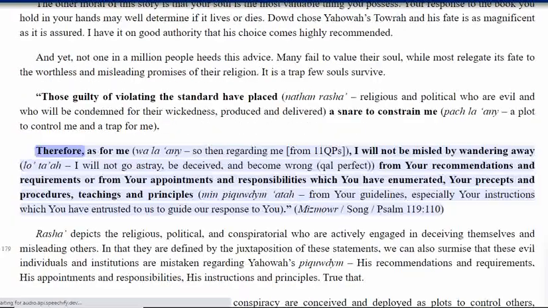a trap for me. Therefore, as for me, Wala Eni, so then regarding me, from 11 QPS, I will not be misled by wandering away, Lo Tah, I will not go astray, be deceived, and become wrong, Cal perfect, from your recommendations and requirements or from your appointments and responsibilities which you have enumerated, your precepts and procedures, teachings and principles, Min Piquimata, from your guidelines, especially your instructions which you have entrusted to us to guide our response to you. Mizmowr, Song, Psalm